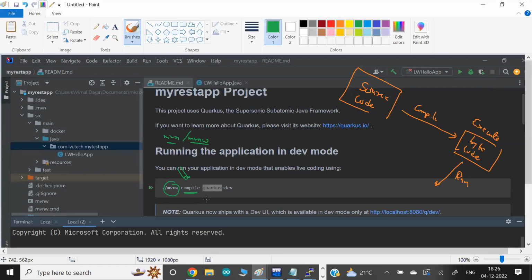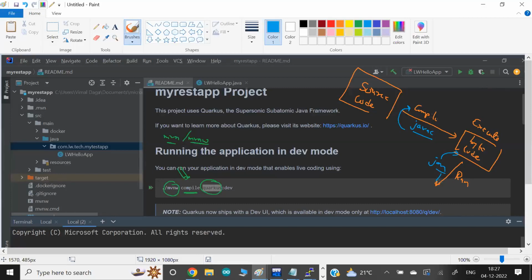Okay, and at the same time they can also run it for you. But here for running, we are asking who runs it for us? Quarkus. Because to run the Java code, for compiling the Java code, we need the javac command behind the scene. javac is the Java command that will help us compile the code. And to run the code, we need the java command. It will run the code.